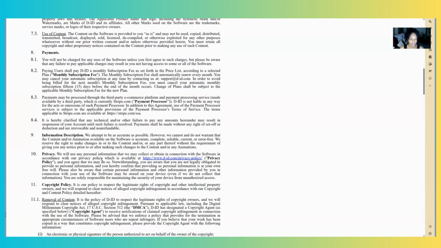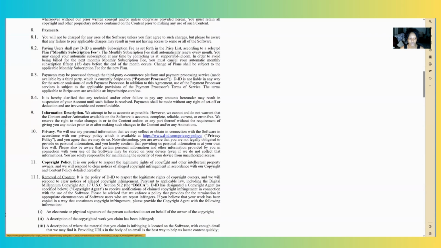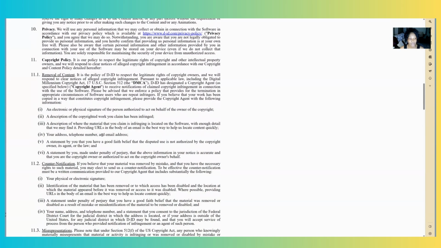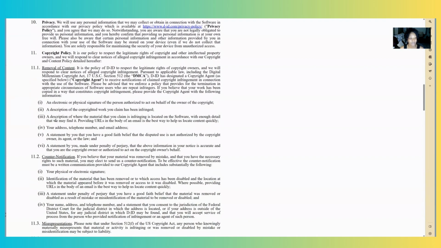And you can go further down to read and see everything, information, description. We attempt to be as accurate as possible. However, we cannot and do not warrant the content and or animation available on the software is accurate, complete, reliable, correct, current, or error-free. We reserve the right to make changes in or to the content and or at any part thereof without the requirement of giving you any notice prior to or after making such changes to the content and or any animation. So be careful, read through these terms and conditions very carefully before you go ahead and